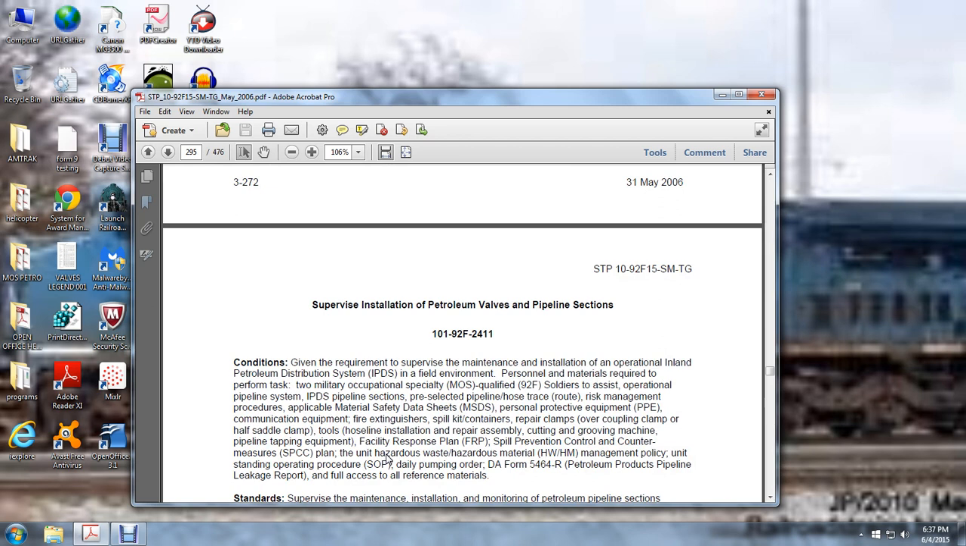Supervise installation of petroleum valves and pipeline sections. Given the requirement to supervise the maintenance and installation of the operational inland petroleum distribution system in a field environment, materials required to perform the task are two military occupational specialists to assist, the operational pipeline system, the inland petroleum distribution system, and pipeline sections pre-selected for the pipeline hose track, route, and risk management procedure applicable to material